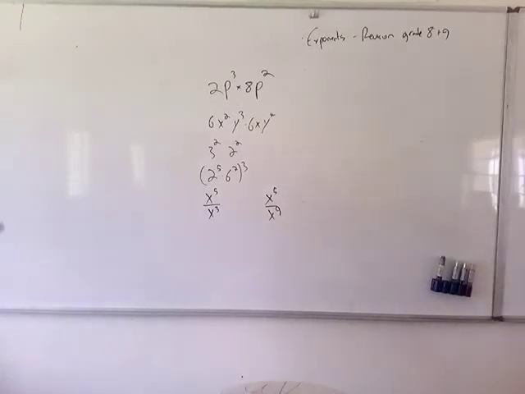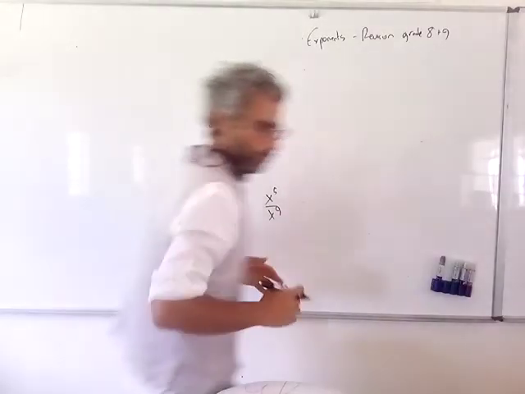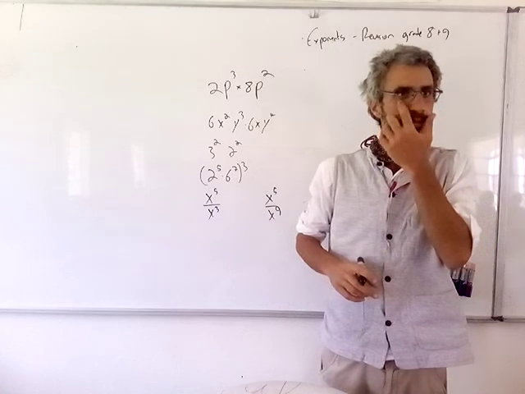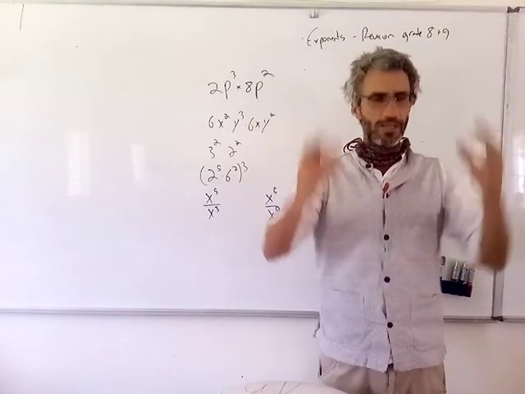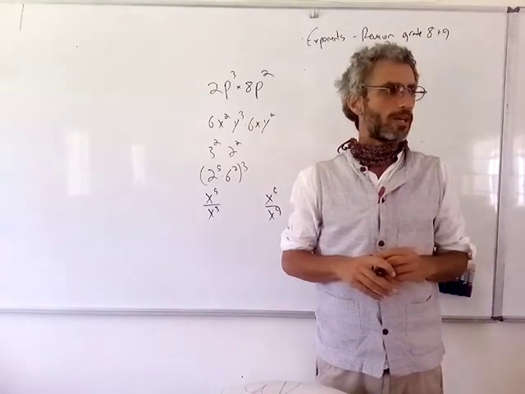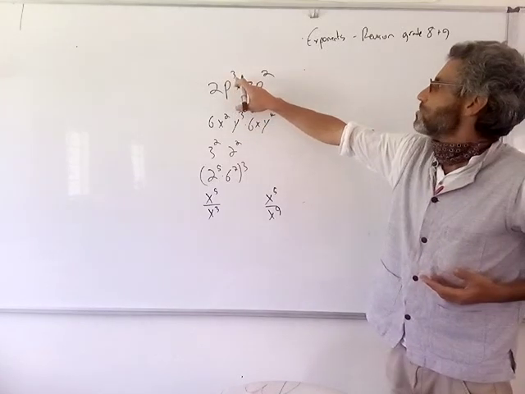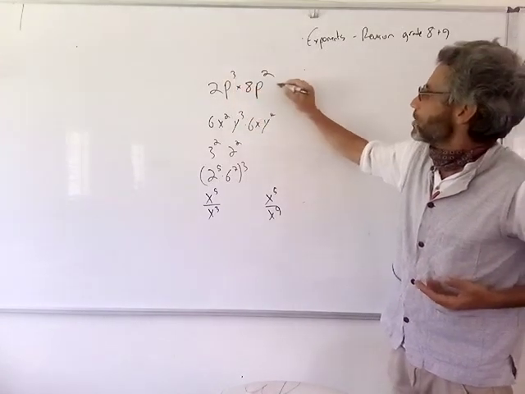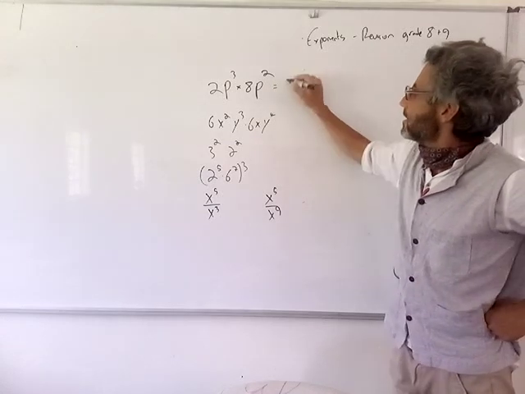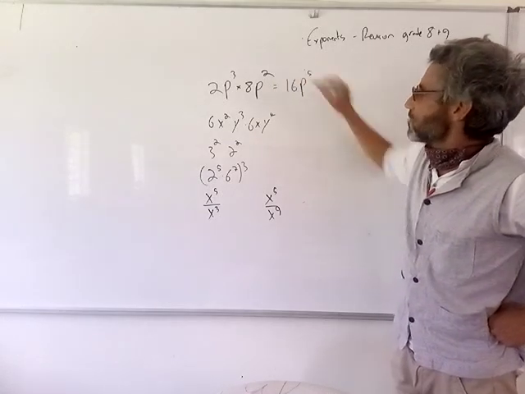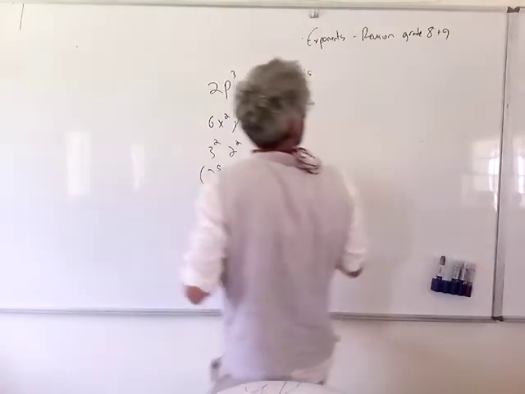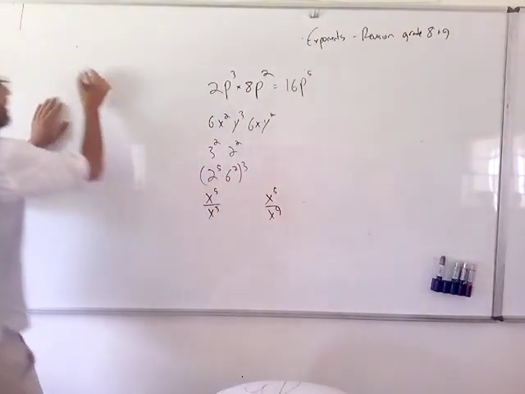Okay, chaps, so we are moving on to the next chapter, which is exponents. And all we've got to do today is remind ourselves of all these rules we learned last year and the year before. So if I have 2p cubed times 8p squared, what do you reckon is the answer? 16p^5. Okay, the rule that we are working with, I'm going to write it here, is if I